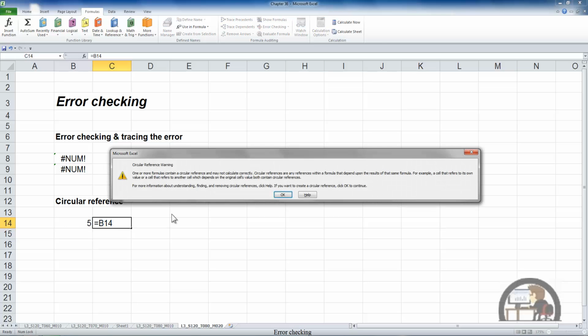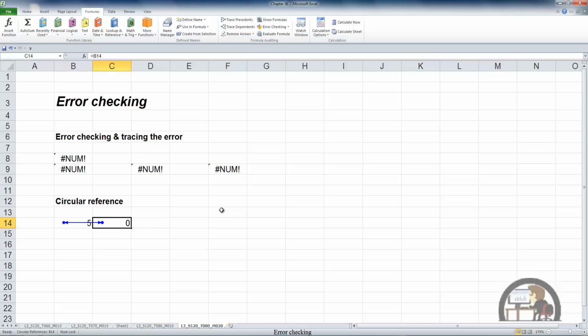Control Enter. And I get a circular reference warning. I'm going to left-click OK. And then Excel displays the references where one cell, in this case C14, is referencing B14, and B14 is in turn referencing cell C14. So there's a resolution to circular references. If they're valid references, you may have just made a mistake and need to correct the references, but if they are valid, go backstage to